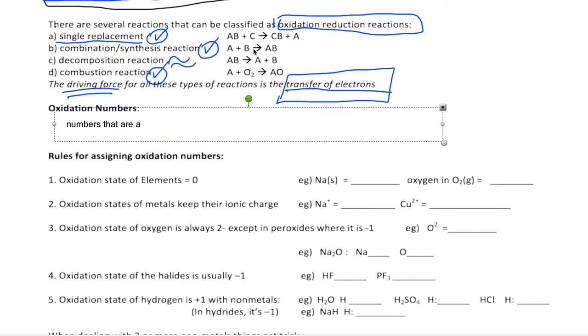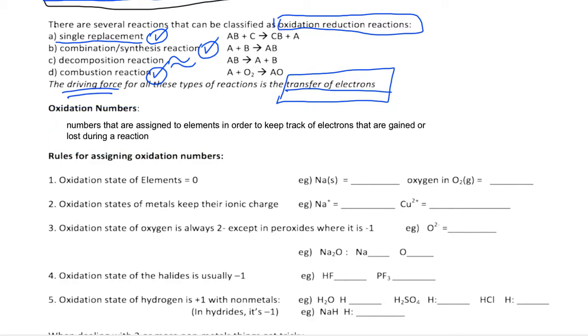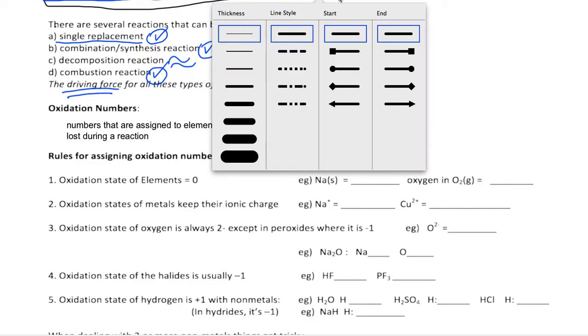Numbers that are assigned to elements in order to keep track of electrons that are gained or lost during a reaction. All right, so now the rules for assigning oxidation numbers down here, switch over to my pen tool, are